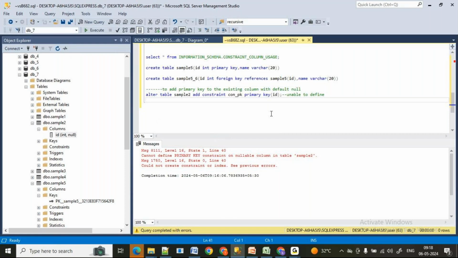First you need to drop the null here. For that what do I have to do? How can I drop null? Don't tell me by using the alter command. You cannot drop null by using the alter command.